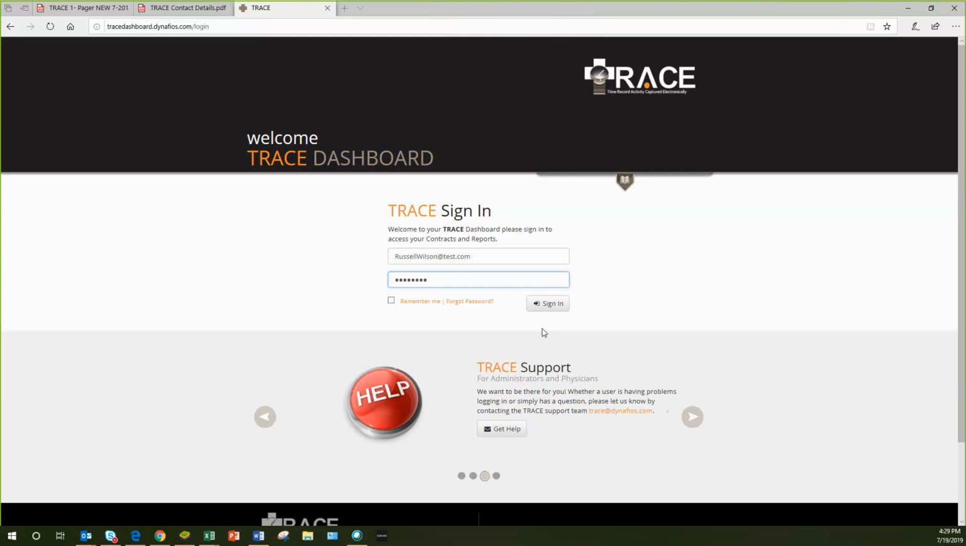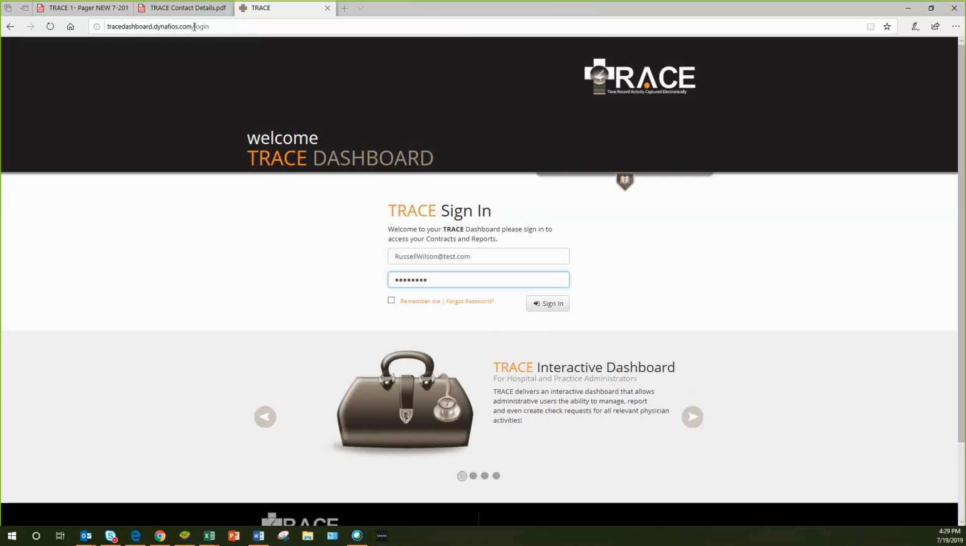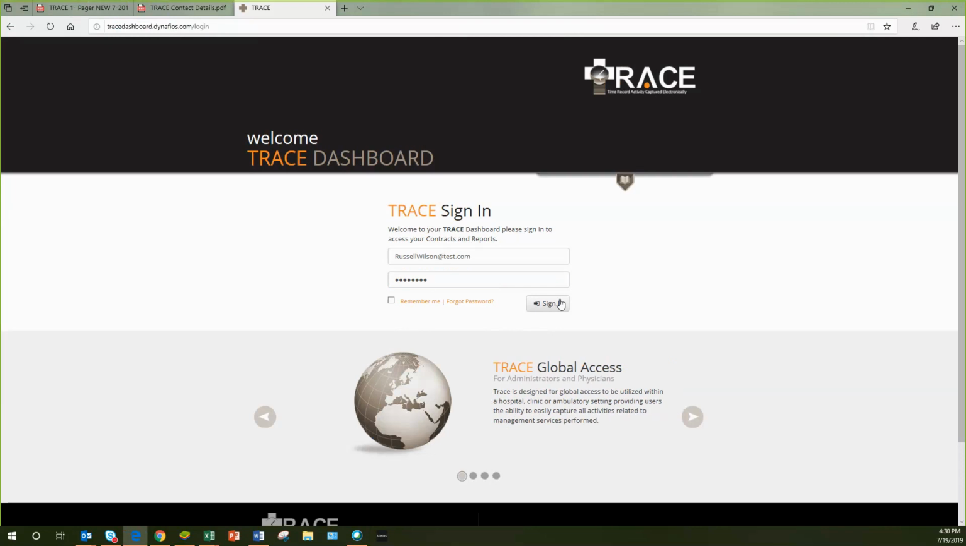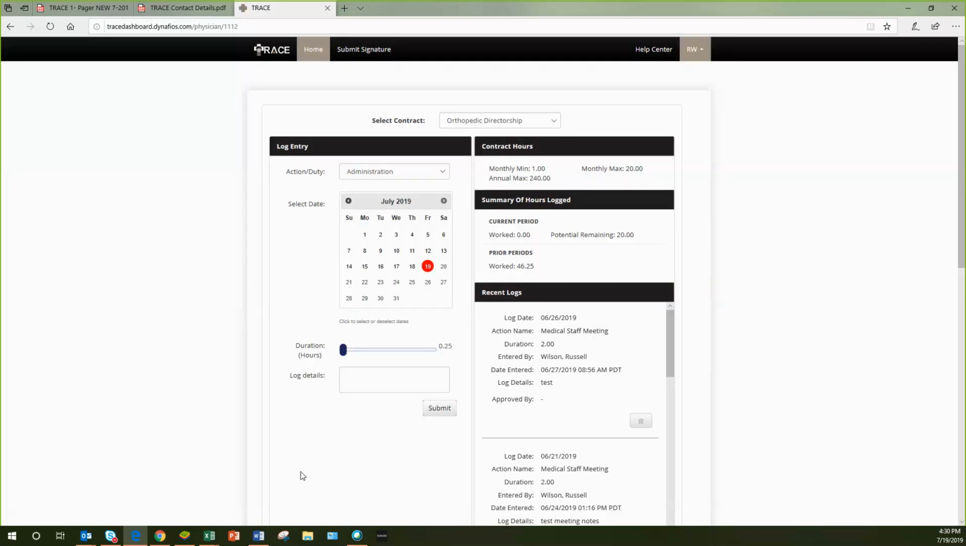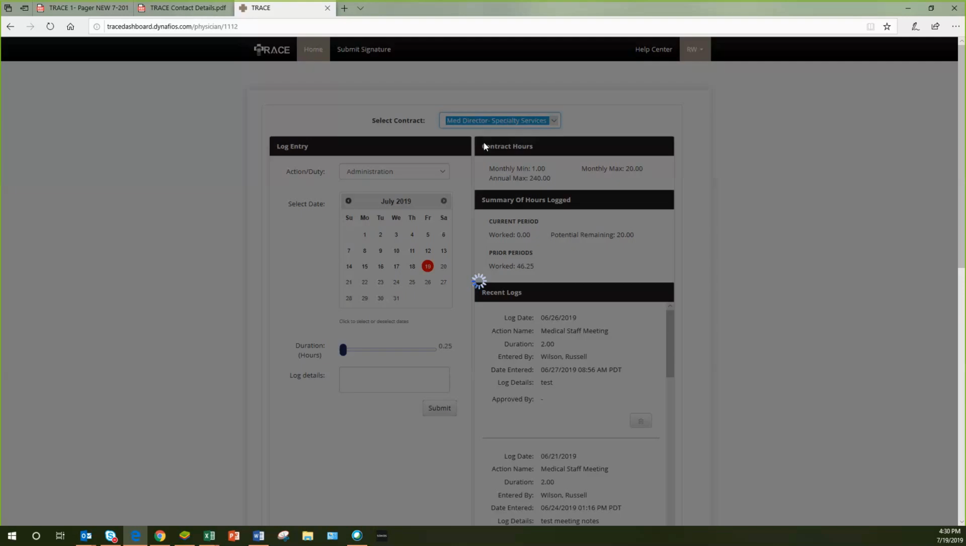I will now show you how to submit your time as a provider through the Trace website. Again, you will go to trace-dashboard.divatheos.com/login. You will hit sign in with your credentials, and you will come to a screen very similar to the information that I just showed you through the Physician app. You will select the contract for which you are submitting your time, select our specialty services,